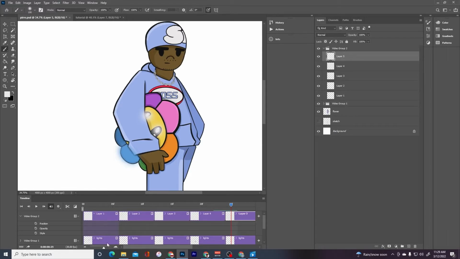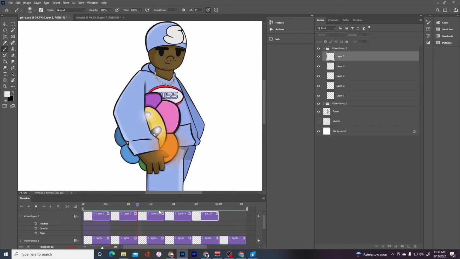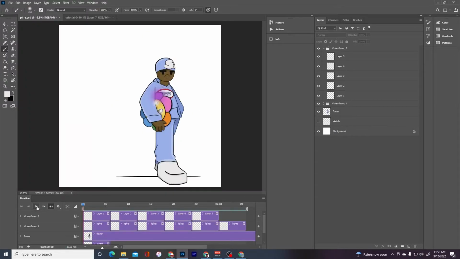And then you just click play and see how that looks. Kind of like that. Okay, now that we got all the frames done, this is what it's going to look like. You see there's a little pause right here. Like it pauses and it's pretty slow. So to actually